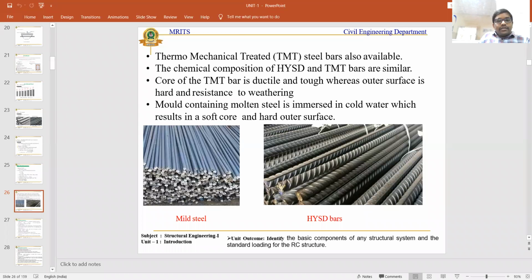Under these, the different diameters of bars include 6 mm bars. Under high yield strength deformation bars, we have bars of diameter 8 to 20 mm that we can use, based upon the design of different structural elements. What are the different types of structural elements? When coming from the ground level, the first structural element is designing a footing foundation. Then we design plinth levels. Then we can go for designing columns, beams and slabs.